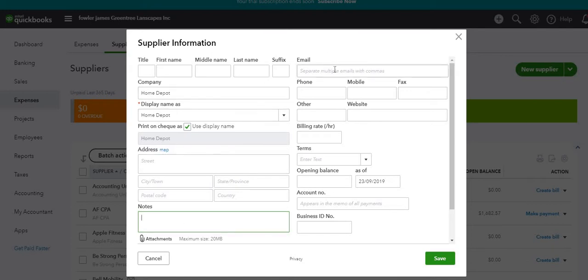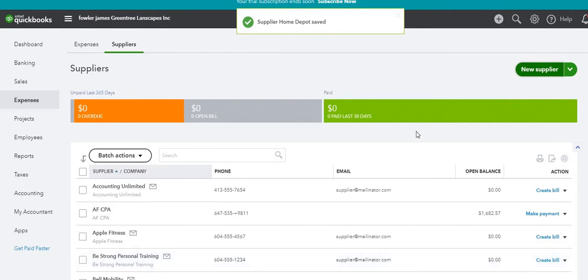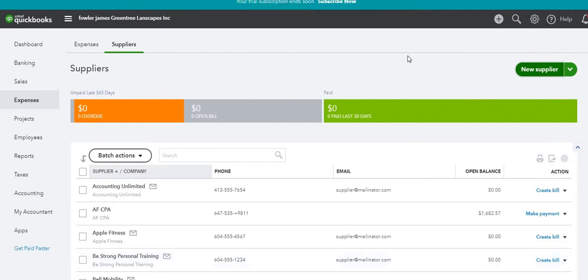And then you have other things here. Actually, you've got email, you've got a phone number that you can put in, billing rate per hour, the terms that the client has given us. We're going to say it's, let's say, net 30. Again, Home Depot, obviously when you go into the store, you'll be paying immediately, but just for demonstration purposes, we want to set this up as a regular and ongoing supplier. Okay, and then at this point, we can simply select Save,